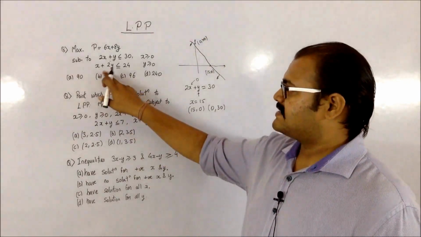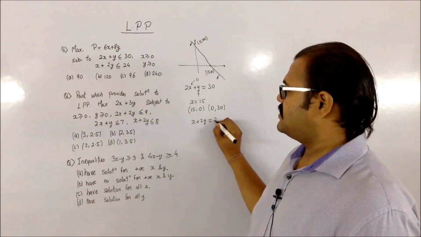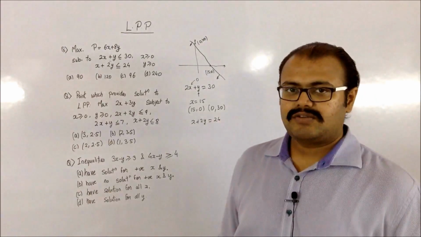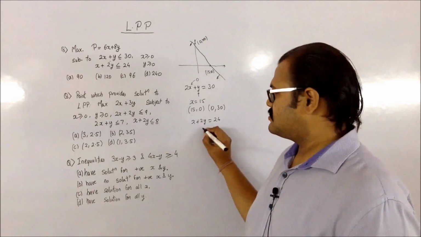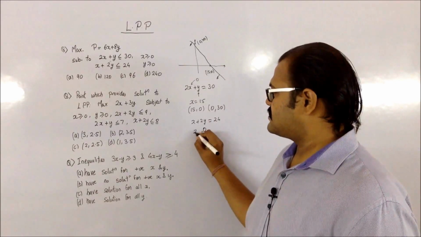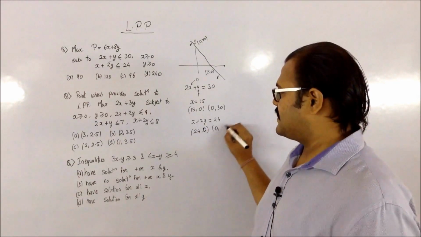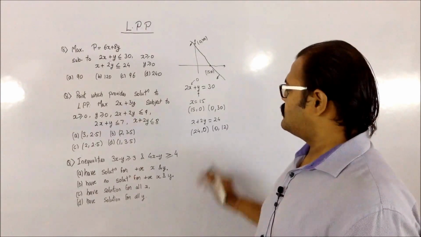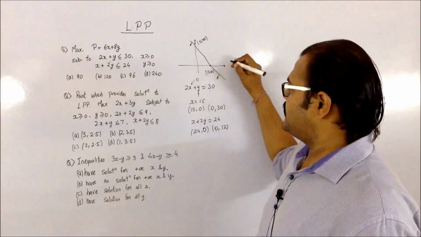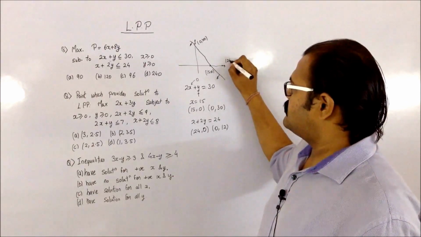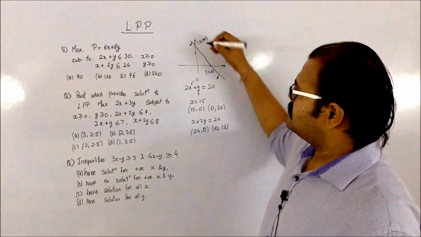Next one, we are considering this equation, which is x plus 2y equals 24. So doing the same procedure, find the intercepts. So you substitute y equals 0. So you will be getting your x as 24. You substitute x as 0. You will be getting your y as 12. So roughly plot where you will be getting the values. So 24 comma 0 will lie obviously beyond 15. So this is your 24 comma 0. 0 comma 12 will be less than 30. So over here.